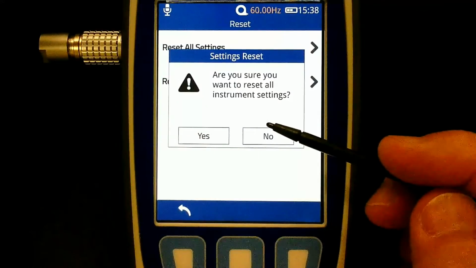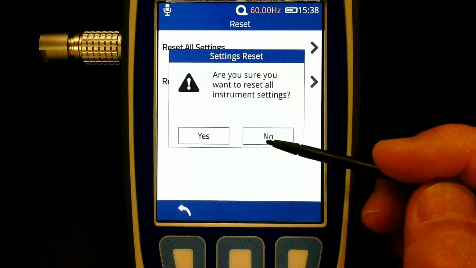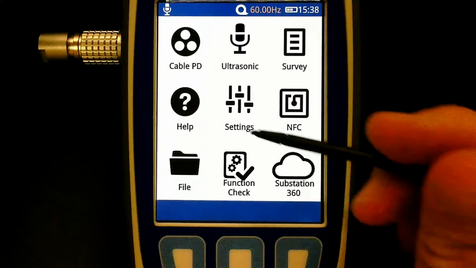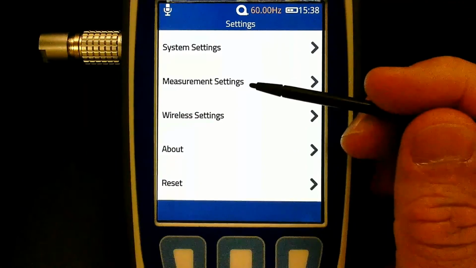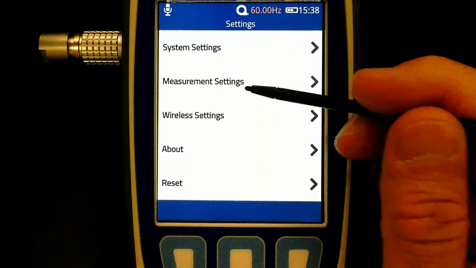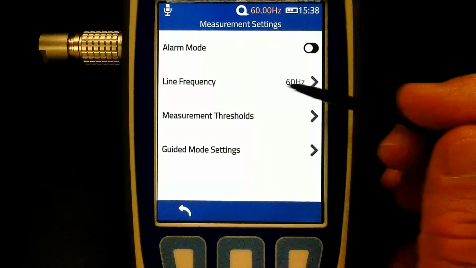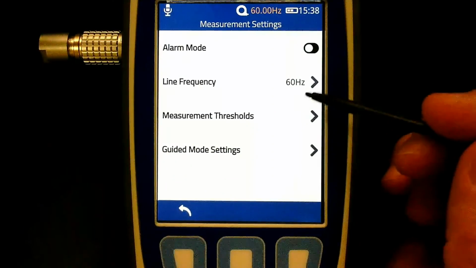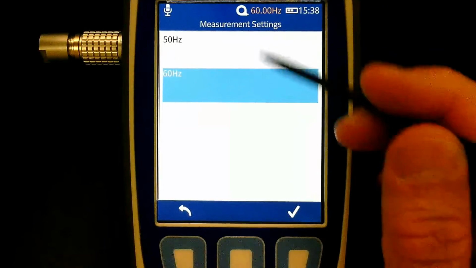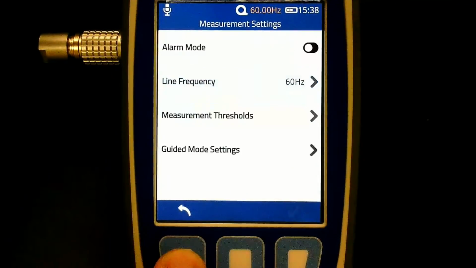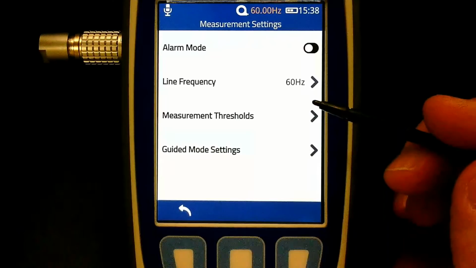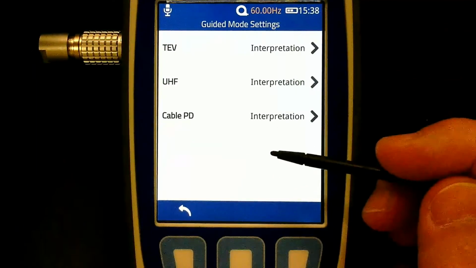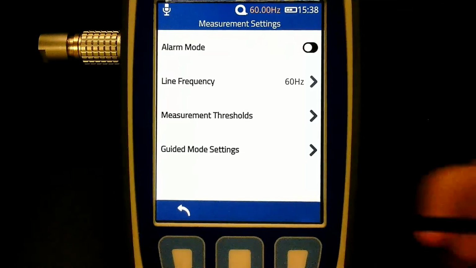Once you perform the reset, just remember to go back and check in Settings and Measurement Settings, your line frequency. It defaults to 50 Hertz, so if you're in a 60 Hertz region, you want to go back and change that to 60 Hertz. Also, you can reset your guided mode settings that we discussed earlier,